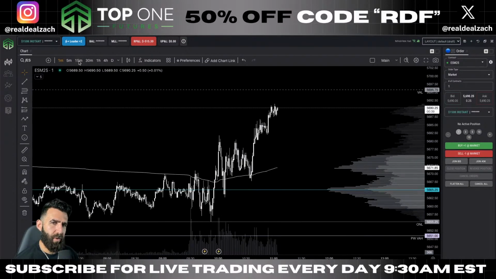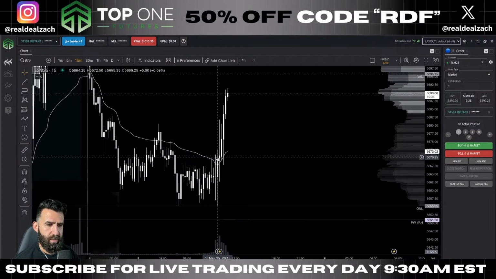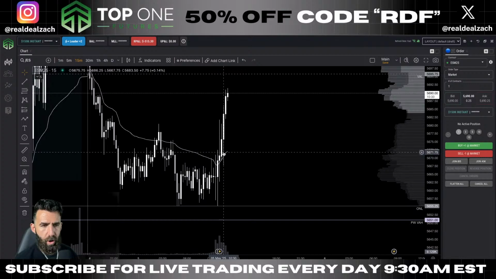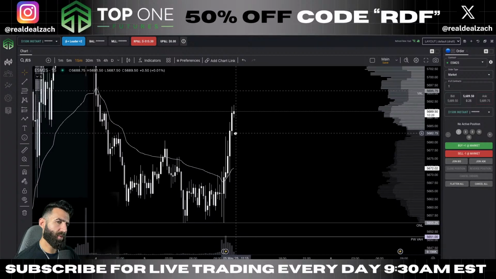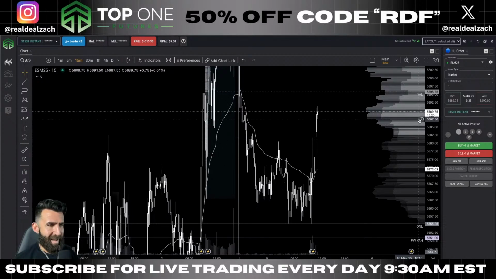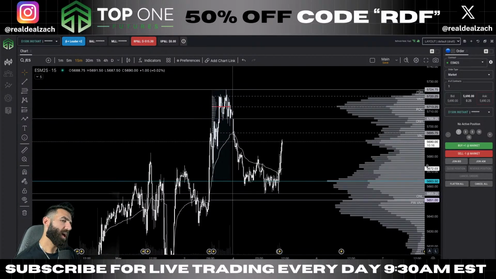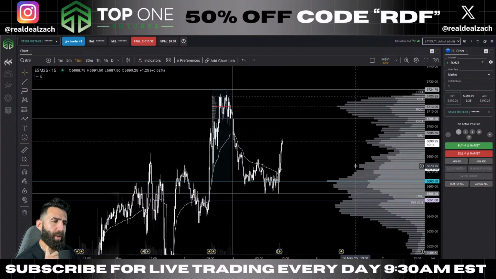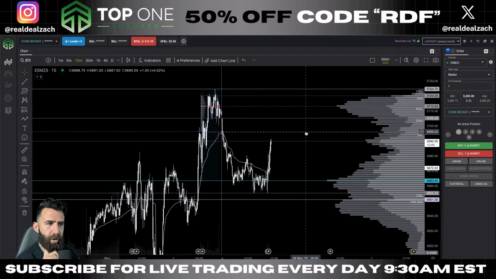If I look on the 15-minute, this is pretty clean to the upside, although it was pretty back and forth off the open. Obviously a big wick up here and then coming back down to sweep below the prior bar low. But then this gnarly push off of VWAP, looks like we want to head straight towards the 5,700. So at this point, I'm probably going to hang. I could see us testing the 5,700 value area low.